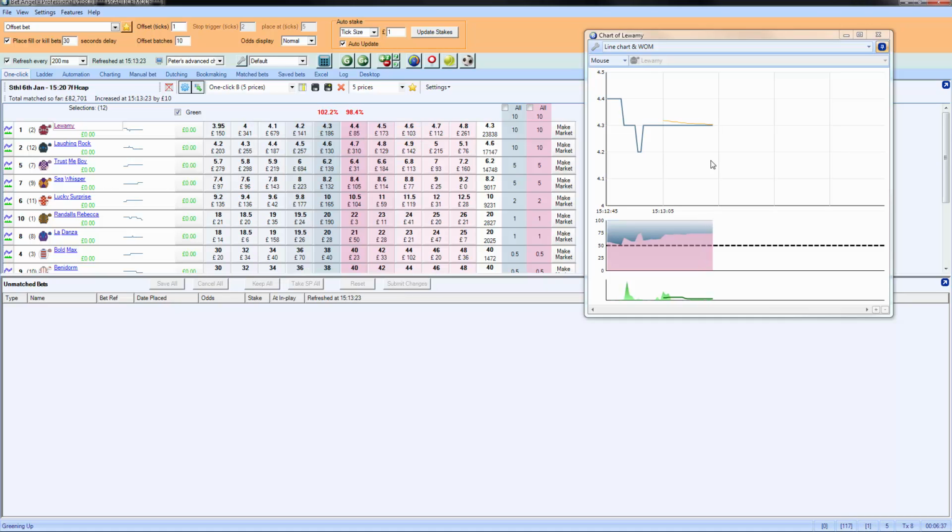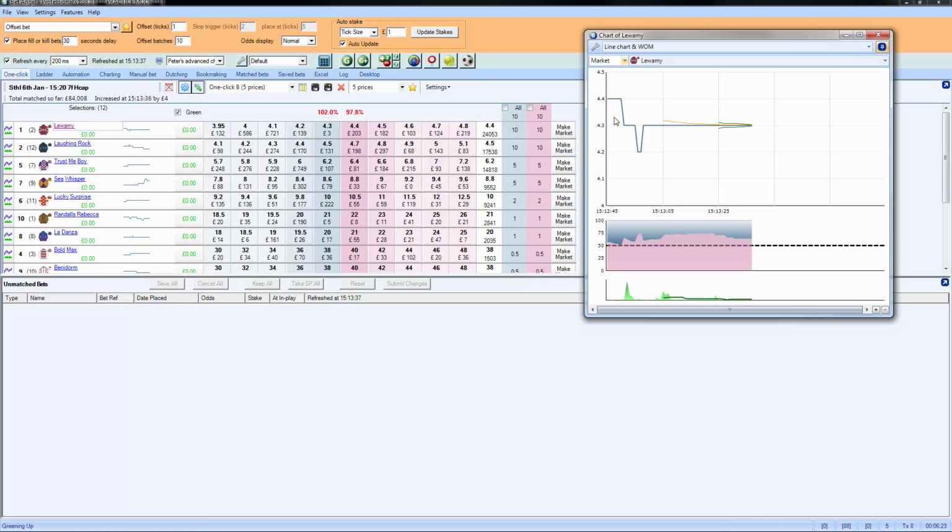But when you use BetAngel, what actually happens is it has to populate data as you arrive at the market. So you can see it's beginning to populate that data. We can't zoom back at the moment. Two reasons actually. One is it's on mouse and we need to have it on market. But the other reason is it hasn't collected that data yet, so there's no bar to zoom backwards and forwards on at this particular moment in time. So it only collects data as you arrive at a market,